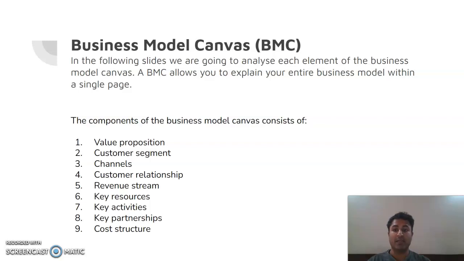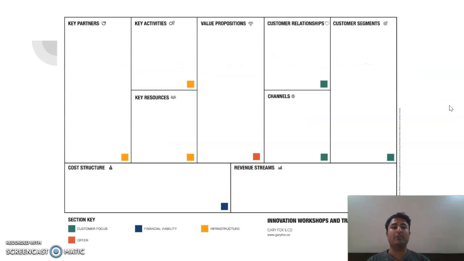Some of the components of business model canvas are mentioned here. Stuff like customer segments, channels, etc. And to see how BMC looks visually, let's move on to the next slide. And here we go. This is how a BMC looks like on a page of paper. You can see how simple it is to represent every aspect of a business, and investors and people who are researching the company love this format because it gives you everything a company is within